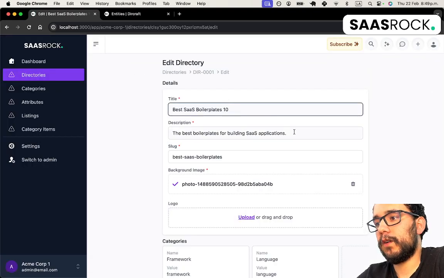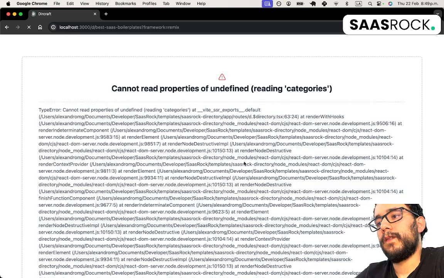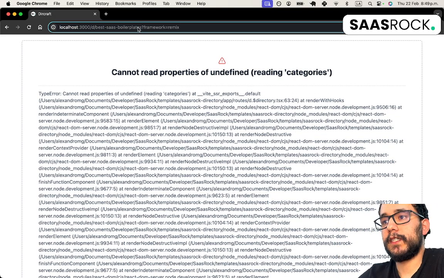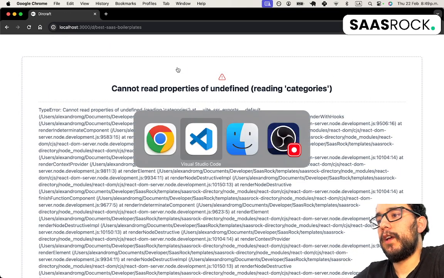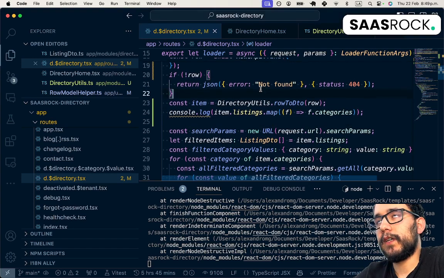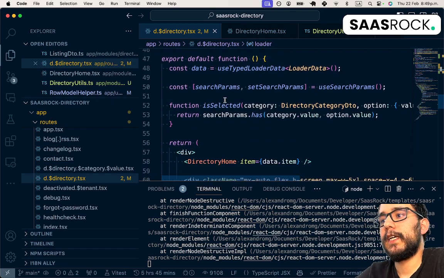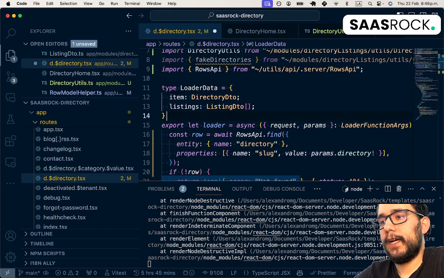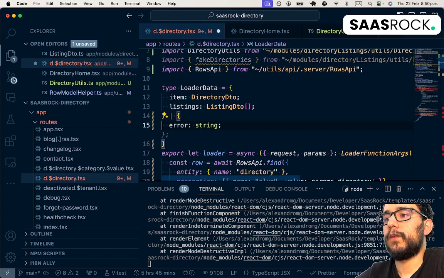Now let's change also the description and the slug here. Now, since I changed the slug, it's no longer working, but we shouldn't have this page with this error. That's because the directory route expects always an item, and the item is a directory. So loaded data can be that or error, and we're gonna return,